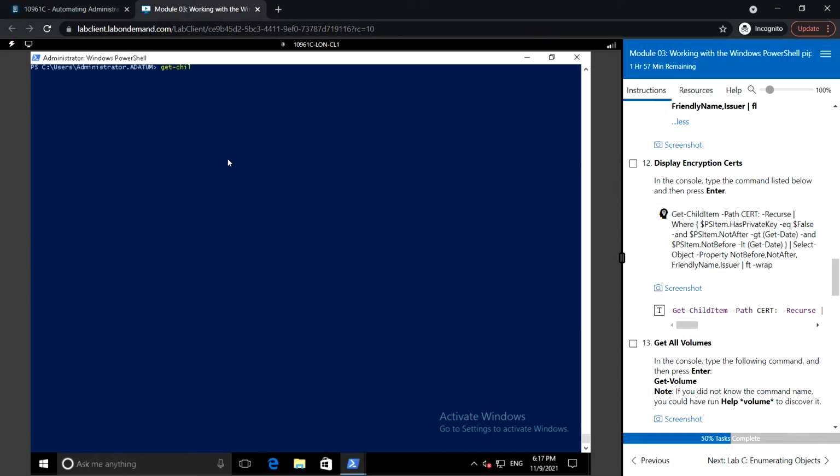So Get-ChildItem, mention the path, -Recurse, where we'll be using the built-in variable $_.HasPrivateKey -eq $false, and we'll be using the NotAfter